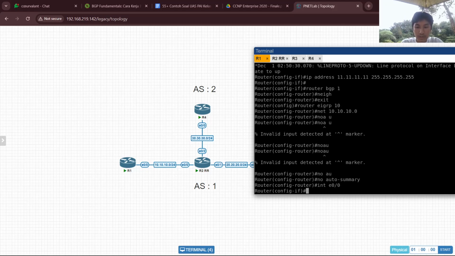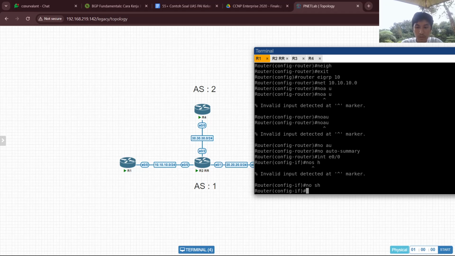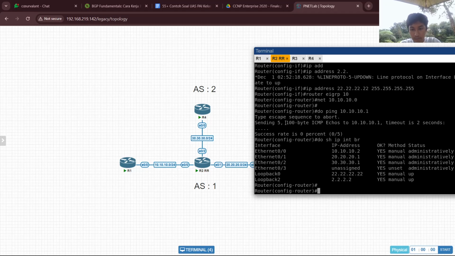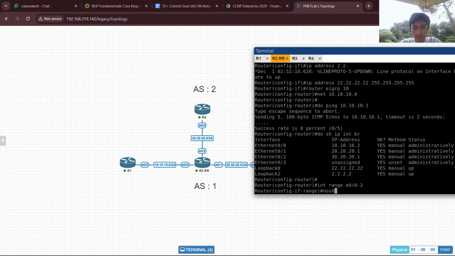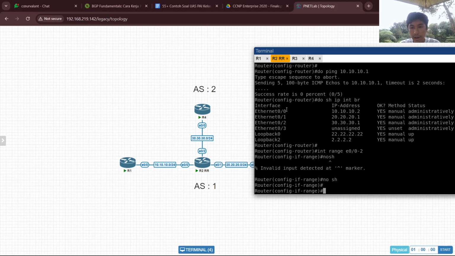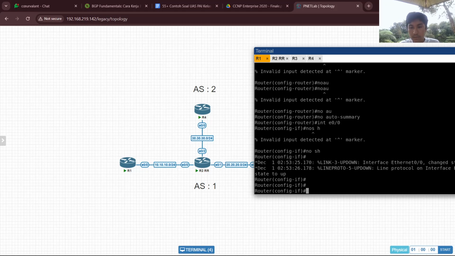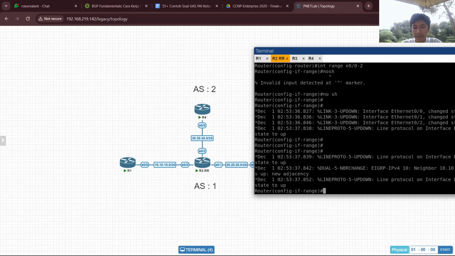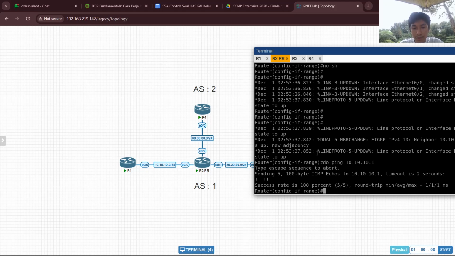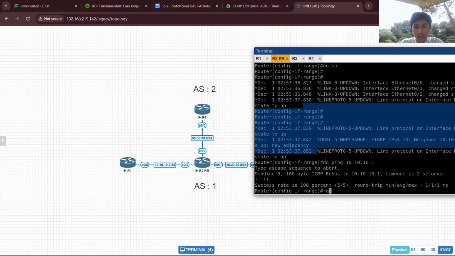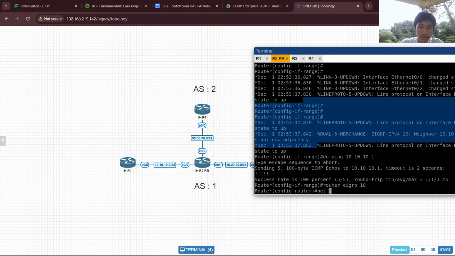The IP address, no shutdown, interface range 0 to 2, no shutdown. Yeah, I forgot, sorry. Now we can try to ping again. It works now. Now we continue to configure the IGP that connects to router 3.